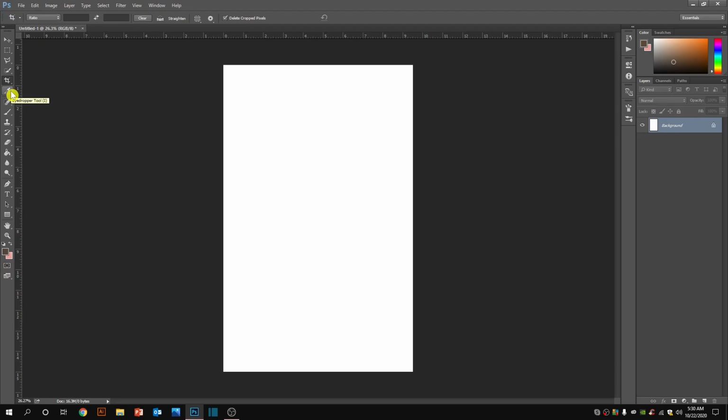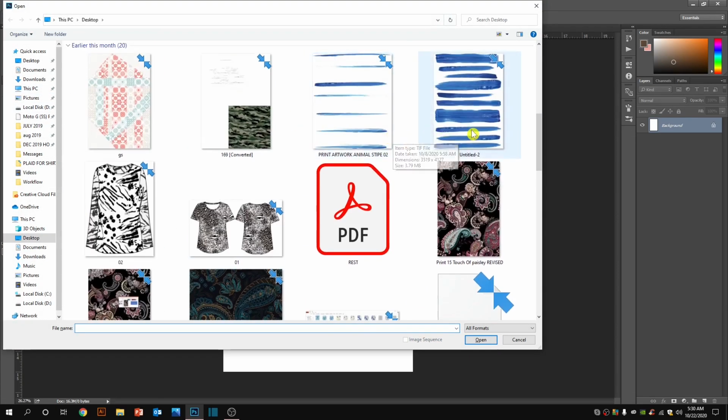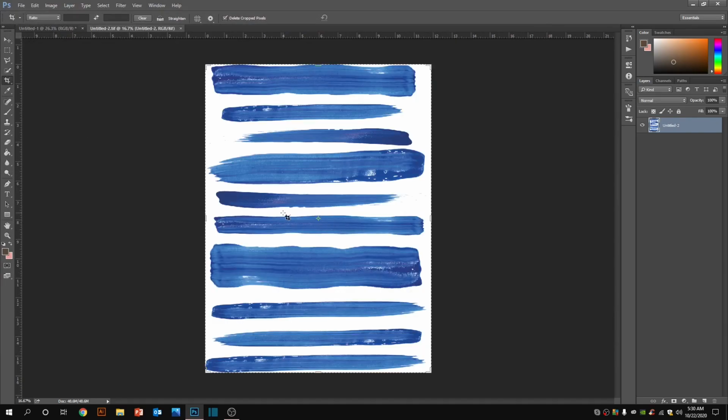Eyedropper tool, I simply. The use of this tool is for color picking. Let me open a random image and I'll show you how to pick the colors. These are the watercolor stripes which I have developed recently. So right, we were here, like color picker, you can pick the color. Just press I. You don't need to go anywhere. Press I, that's the color, and here it is. You can change the color here in the color dialog box.